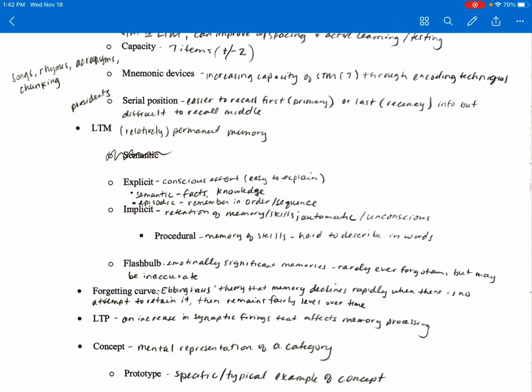Flashbulb memories. When I had you read Lost in the Mall, she didn't specifically mention it, but Elizabeth Loftus was essentially talking about flashbulb memories. These are emotionally significant memories. Now, whichever side of the Loftus argument you fall on, we do know that flashbulb memories are rarely ever forgotten, but they might be